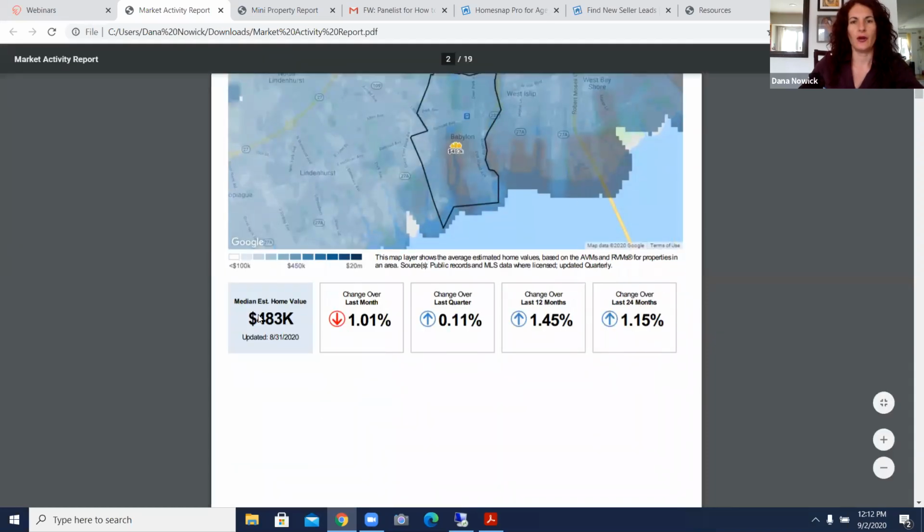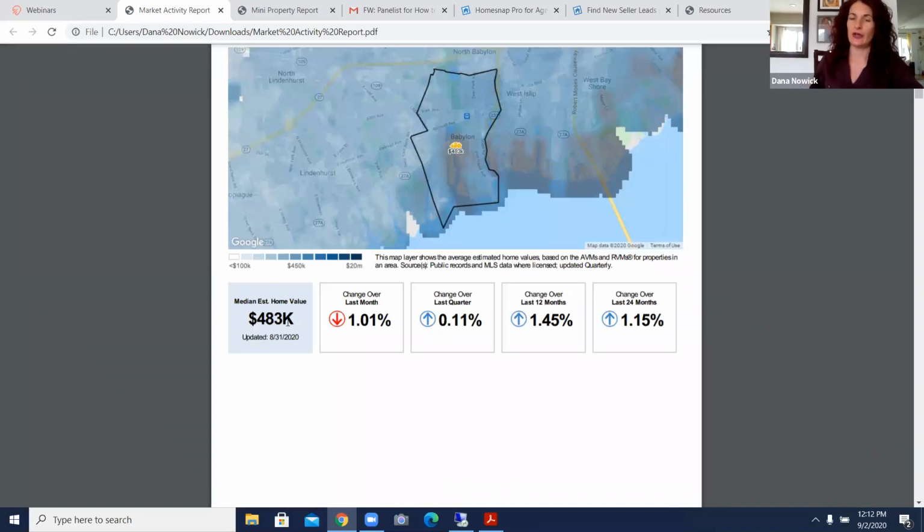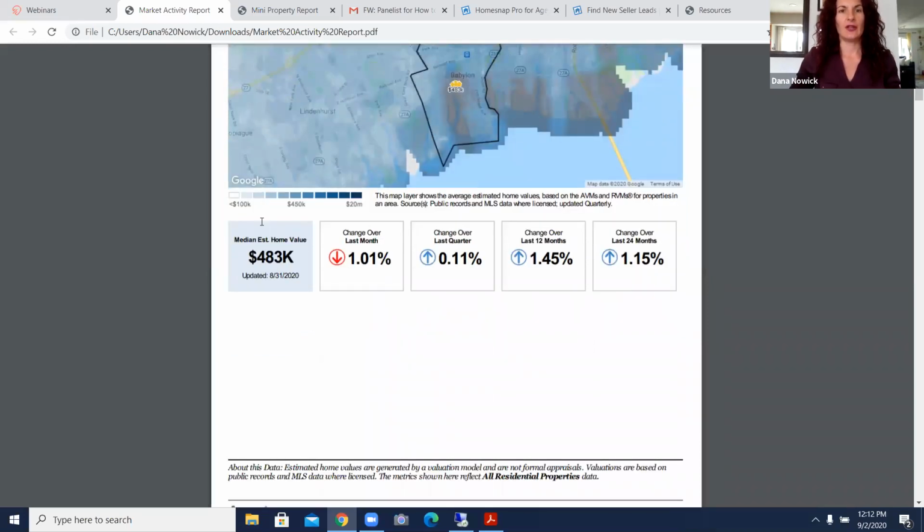It gives your prospects a median estimated home value. And again, these numbers are accurate because this is put out by the National Association of Realtors. So they're pulling in MLS data as well. So this is not just estimates that some company is throwing out there. These are numbers that are put out by NAR, and they're honing into everybody's MLS data. So your data's here. They just put it in a great report. So here's the median estimated home value. It shows them the change over the last month, the last quarter, how these prices are changing,